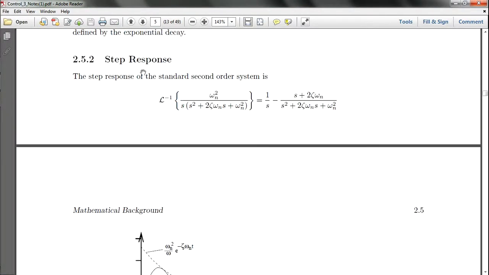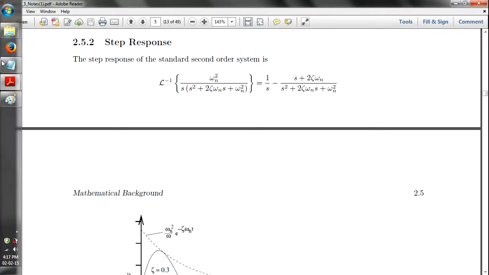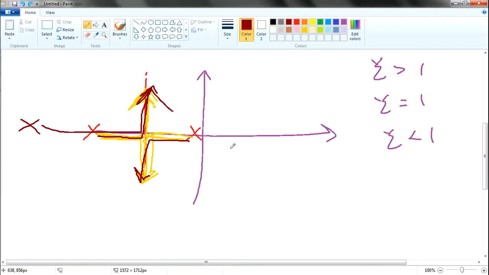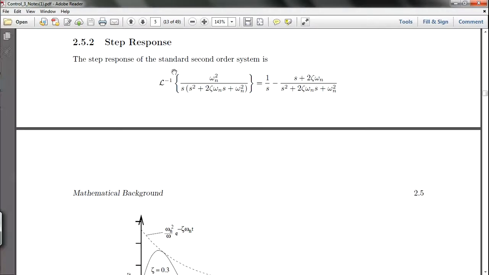So we talk about second order step response or second order impulse responses. As you remember, step responses are when you apply a step input into a transfer function. The transfer function is equal to the output over the input. So if the input itself is a step, then you have a step response. So therefore, in this case, for step response,